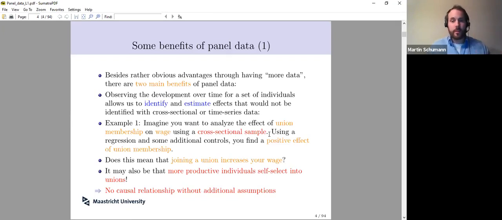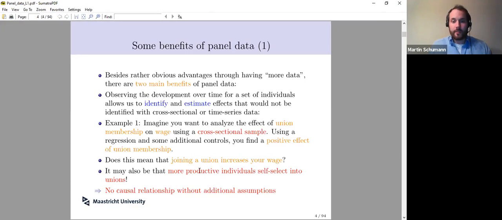Now, you do a regression and you regress wage on the dummy of union membership and some other control variables, for instance, age, level of education, sector, right? And you find a positive significant effect of union membership. Now, does this really mean that if you join a union, that increases your wage? Well, it may also be that simply in the group of the union members,